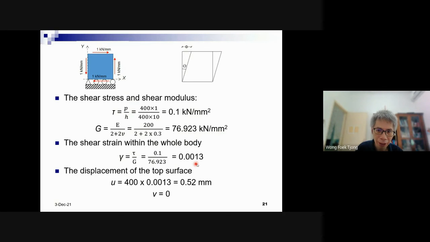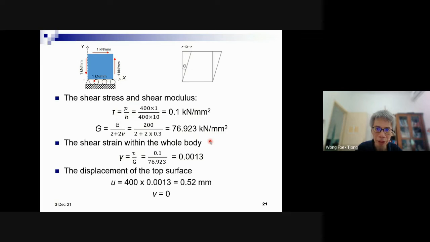This is the shearing strain. As expected, it is always small, because we assume that the shearing strain is small when we derive the formulations. If somehow you found that the shearing strain is big, let's say up to 0.5, maybe the theory is not applicable. You still can calculate, but maybe the result is not reliable.